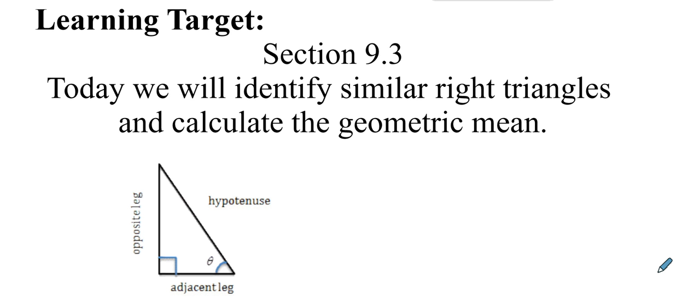Hey, mathletes, here we are looking at similarity in right triangles. So we want to be able to identify similar right triangles and be able to calculate a geometric mean in this unit. One of the first things that we'll need to make sure we can do is identify a hypotenuse